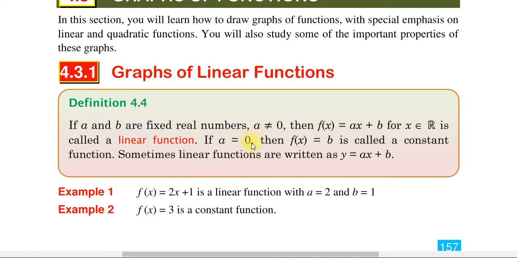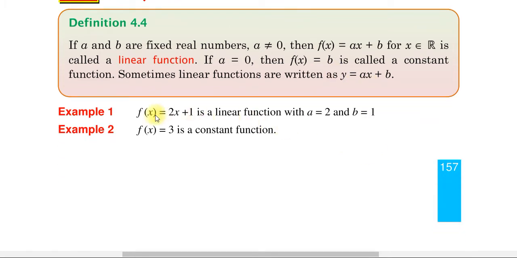If a is equal to 0 then the function f of x is equal to b ይሆናል b ከሆነ ደግሞ ምን ይባላል constant function እንለዋለን ያ ማለት ኮኤፊሺየንቱ የx ኮኤፊሺየንት 0 ከሆነ ፋንክሽኑ constant function እንለዋለን ማለት ነው. Sometimes linear function are also written as y is equal to ax plus b form መጻፍ ይችላል ማለት ነው ምሳሌ f of x equal to 2x plus 1 which is a linear function with a constant a is equal to 2 and b is equal to 1. Another example f of x is equal to 3 ይሄ ደግሞ constant function እንለዋለን ማለት ነው